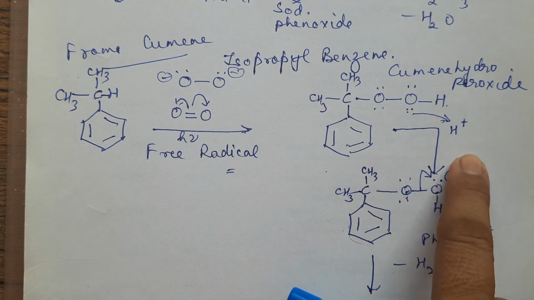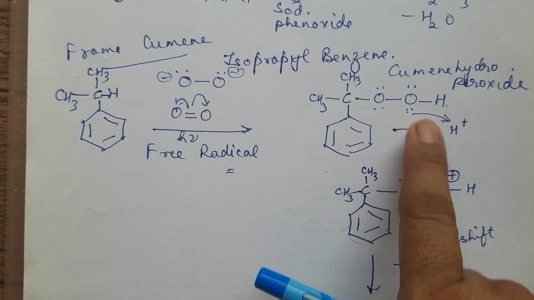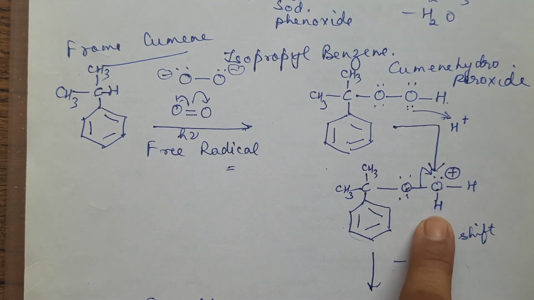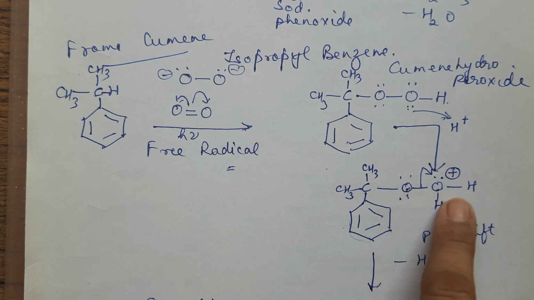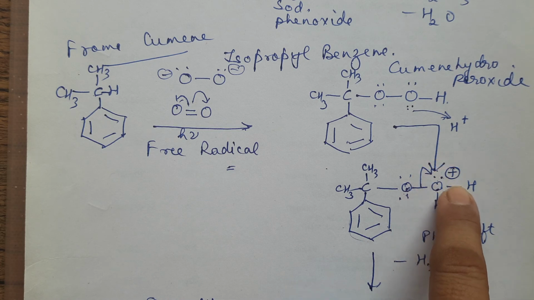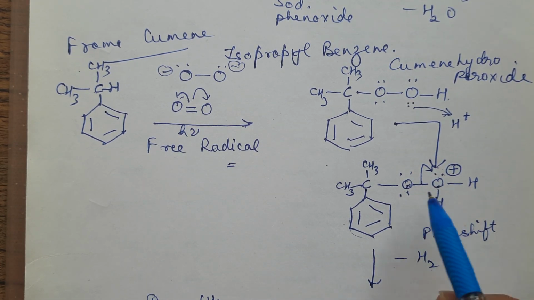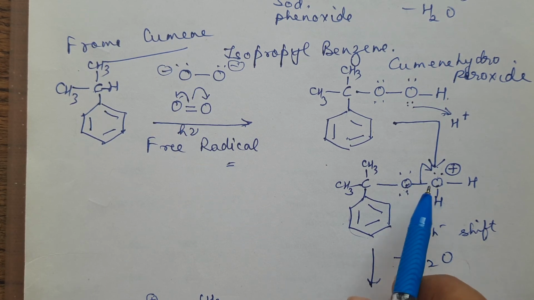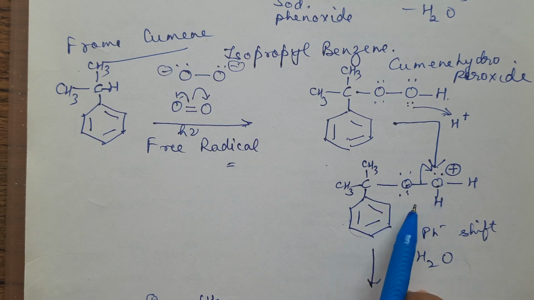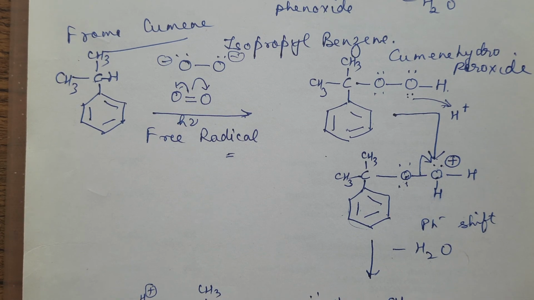Now in the acid medium, the H plus will attack one of the oxygen atoms. When this attacks, you will have H attached here. You will have this O having 3 bonds, which is not comfortable. So one of the bonds comes this side, and this comes out as water. When this comes out as water, you are left with this oxygen positive, which is again not stable. So this phenyl shift will occur. This phenyl will shift to this oxygen and you will remove this part as water.